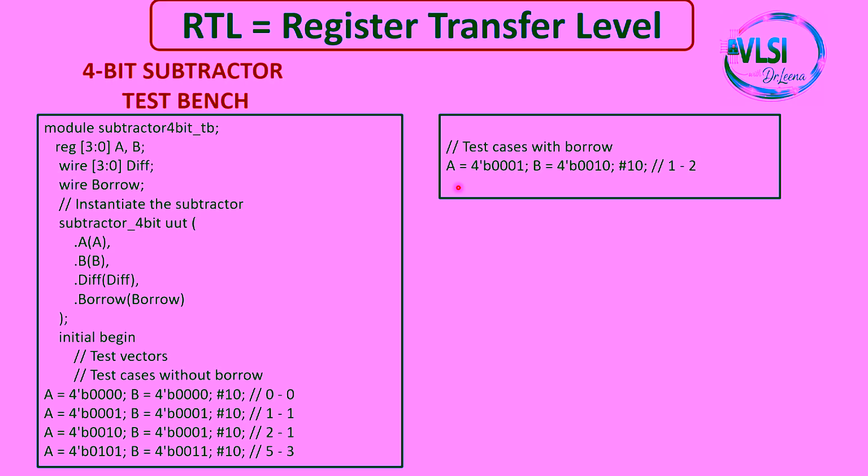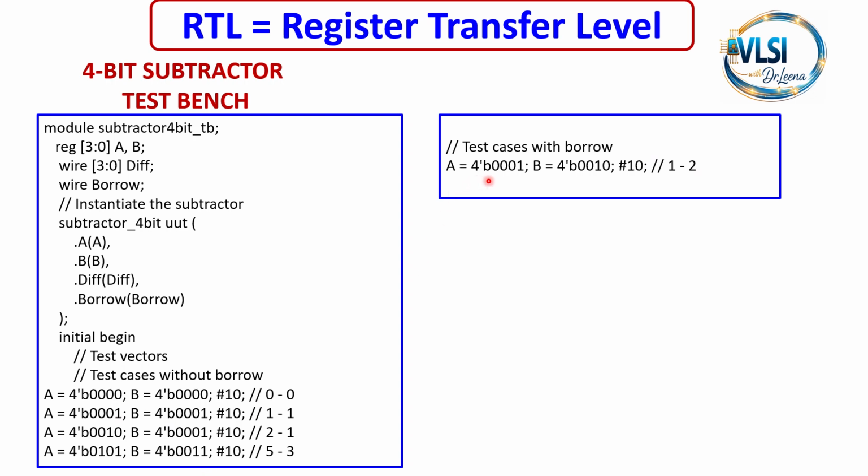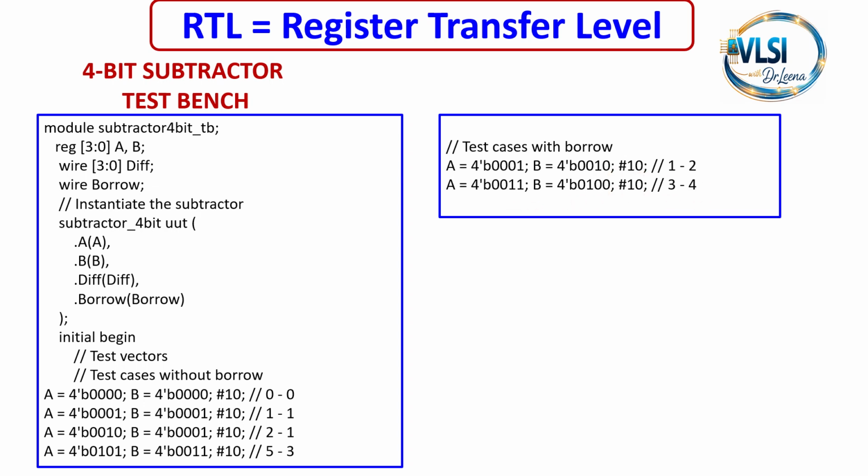Next input is A equal to 4-bit binary 0001, B equal to 4-bit binary 0010. That is, look here, 1 minus 2. When we are subtracting this, we'll get the borrow. So we are giving both cases to show that both can be given in the test bench. And here we are waiting for 10 time units, and then we are executing the next test case, and